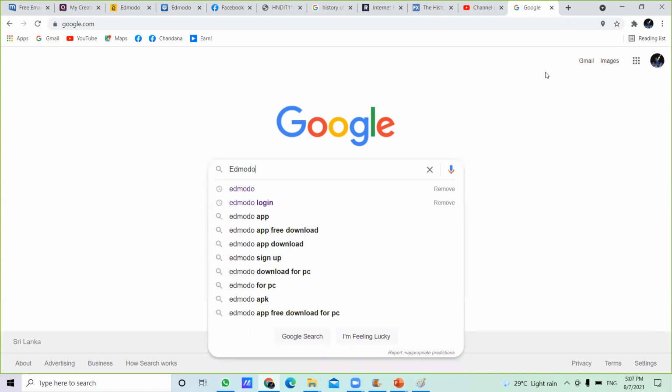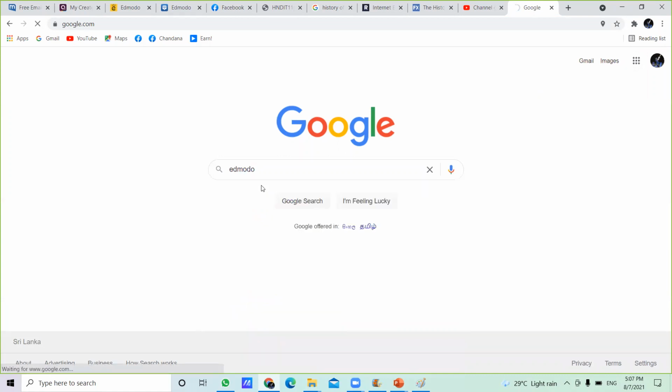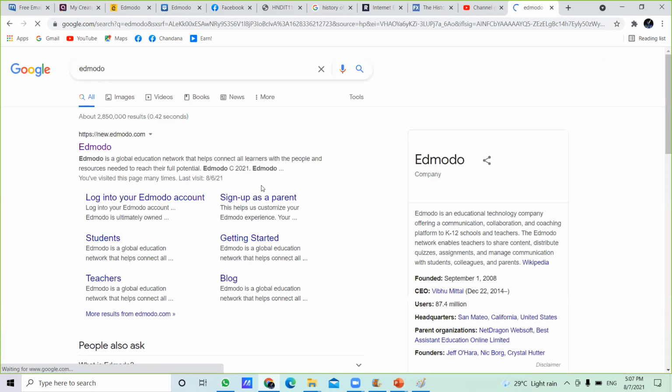Right, that's the word you want to type, Edmodo, and click the search button. Once you click search, you will see a number of links on the screen. Select the very first one, right here, this one. I think you can see my mouse around here. This is the one you want to select, Edmodo.